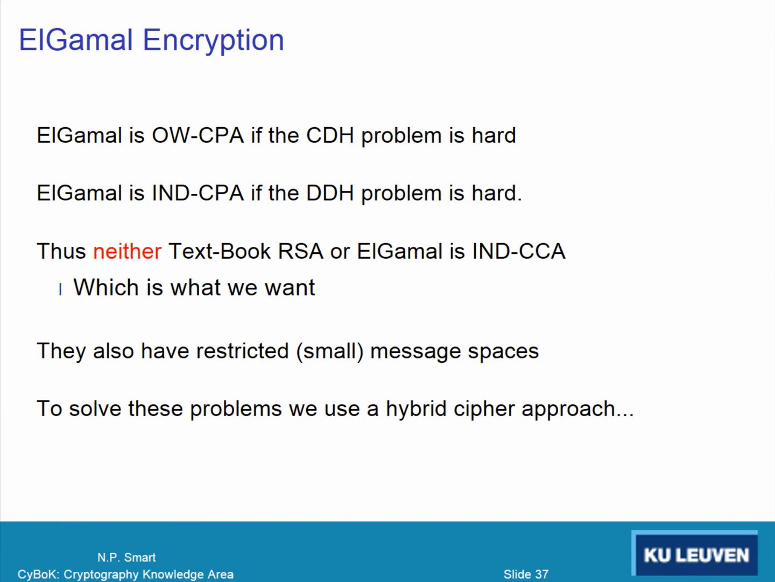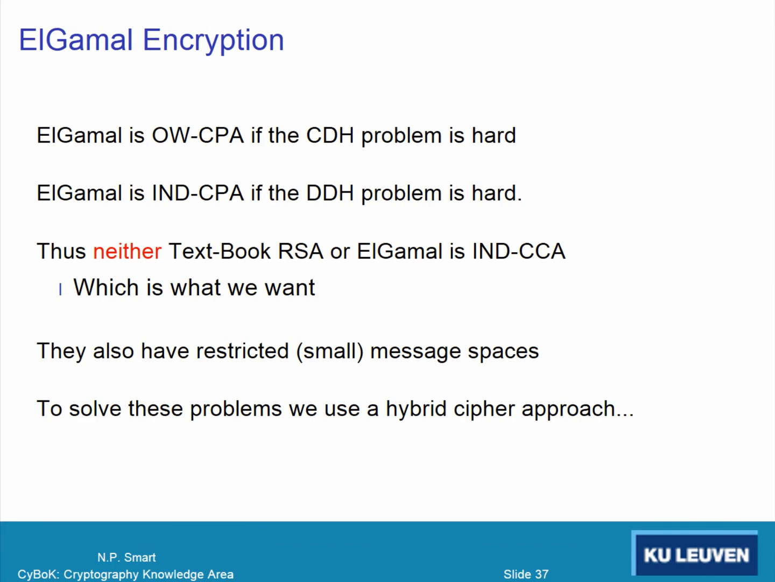The reason it's not CPA secure is because it's not randomized. If you have a public key encryption algorithm and you want it to be CPA secure, then it needs to be randomized. Textbook RSA was not randomized. As we saw on the previous slide, ElGamal is a randomized encryption algorithm, so there is hope it is CPA secure, and it is indeed CPA secure. ElGamal can easily be shown to be one-way CPA if the CDH problem is hard, and it can be shown to be CPA secure if the DDH problem is hard. But neither of them is secure in the strong sense of CCA,